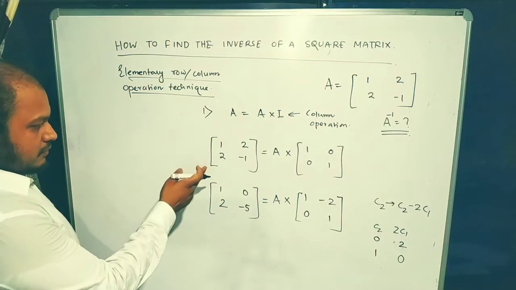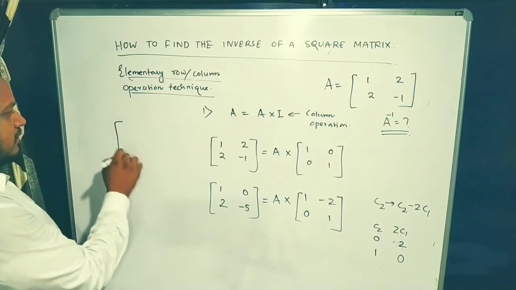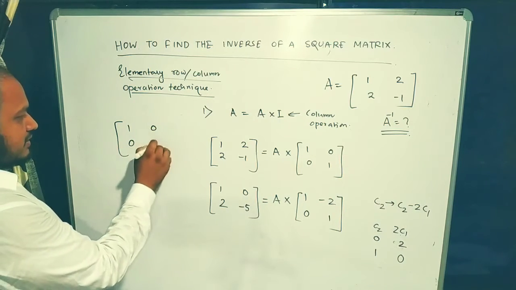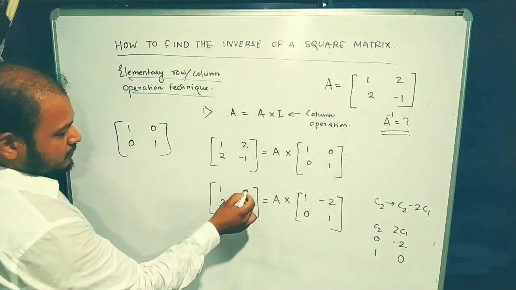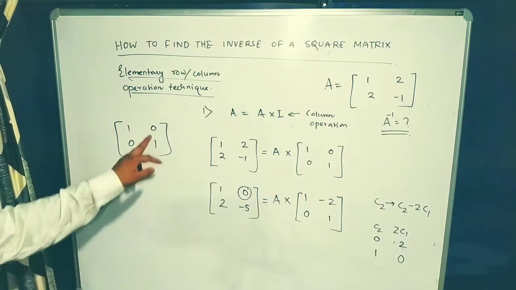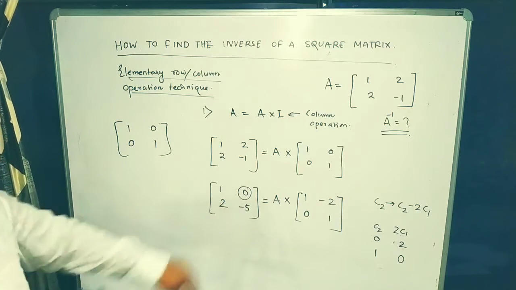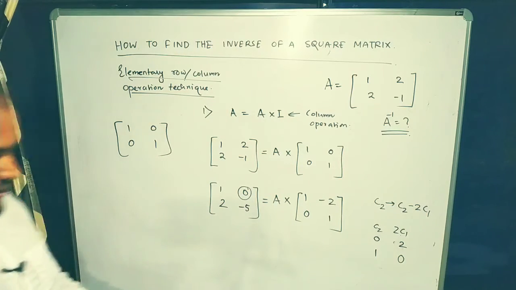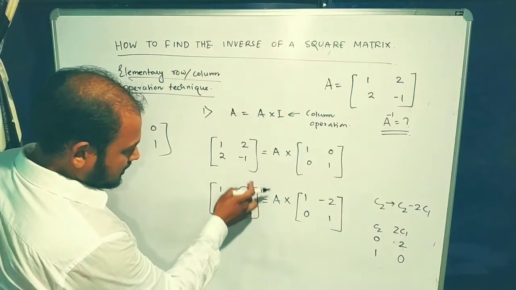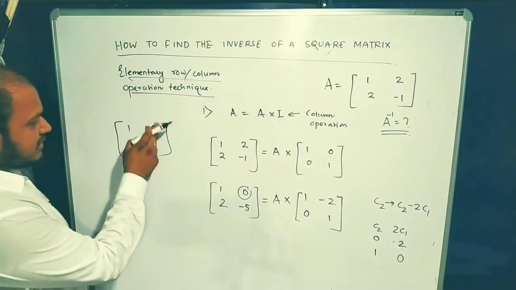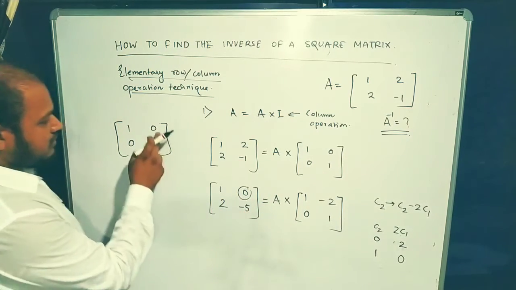So as I said previously, our aim is to make this part an identity matrix. An identity matrix looks like this. So see, here it was 2, right? We have successfully made it a 0 here, just like this. So one of the columns has taken a shape 1 0. Now in the next part, what will you do? We have to look at the second column. Can we make the second column similar to this 0 1? Here it is 0 minus 5, it is 0 1.